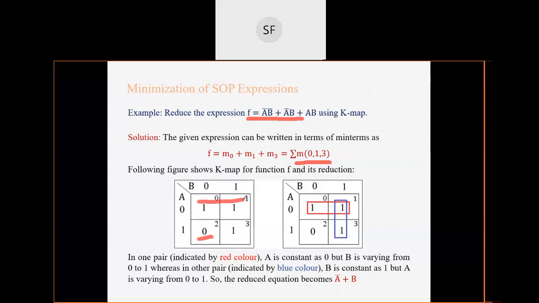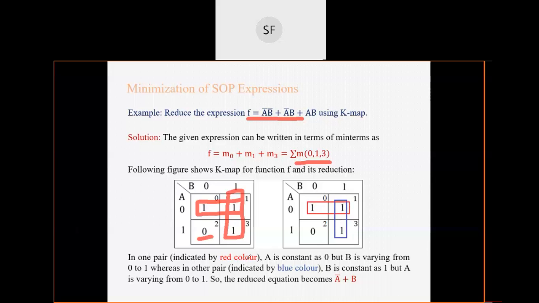If you observe, these two are nothing but adjacent cells. So this cell, I have denoted it by red. Again, here also there is a 1, so you can make another adjacent pair like this, one like this and one like this. Now all the ones are covered. Now there is no adjacent cell left. There are two pairs: one pair was denoted by red and the other pair is denoted by blue.